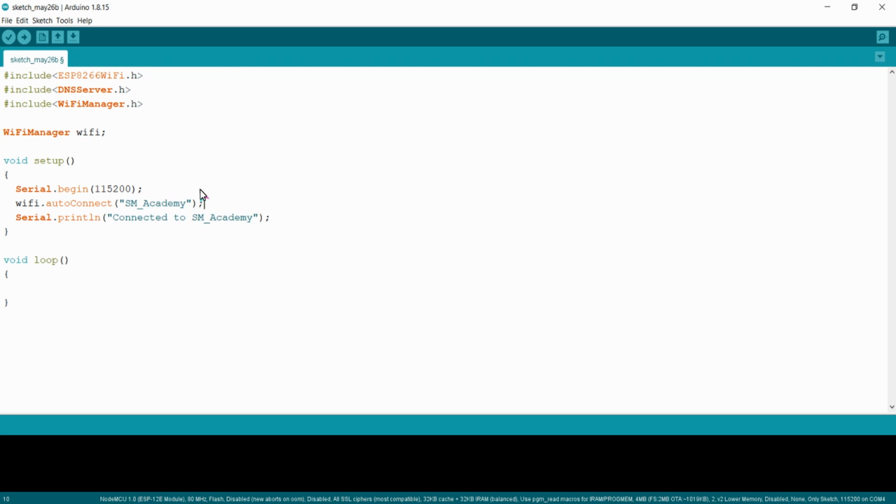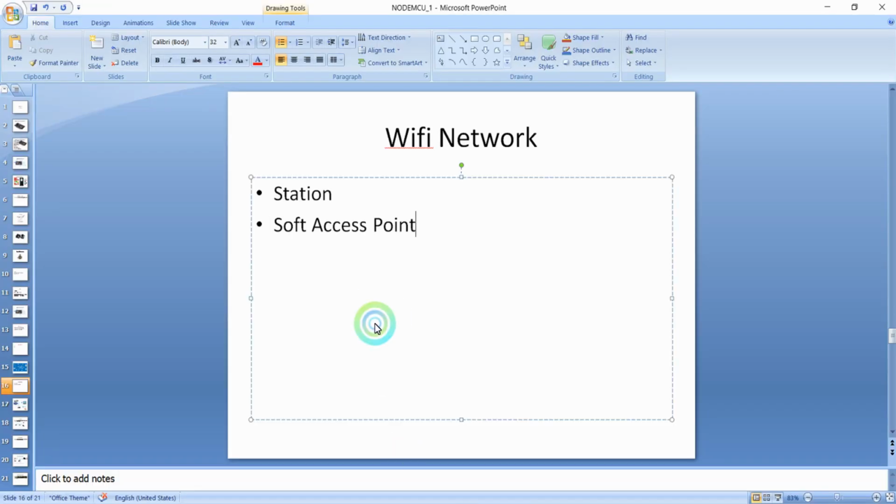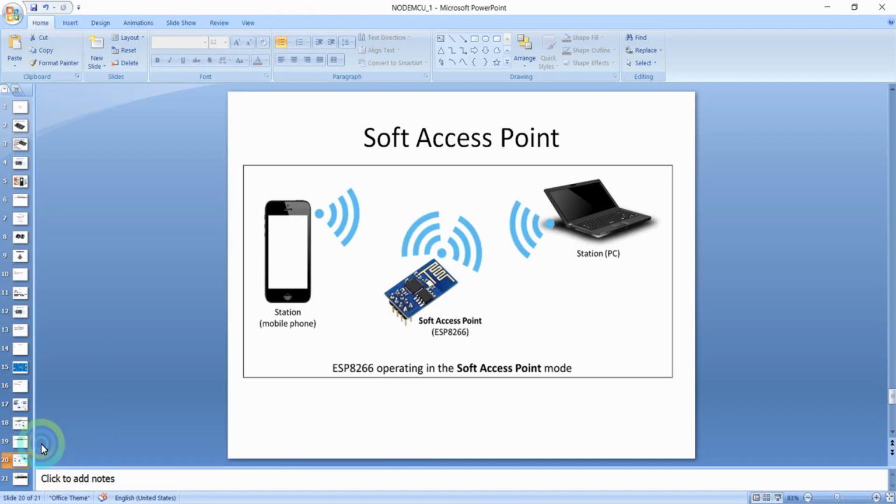Let's demonstrate that. As I said, this is the soft access point. Initially this ESP8266 NodeMCU will be configured in soft access point mode, and it will create a hotspot, and we will connect our mobile phone or laptop to that hotspot, and using the IP address we will provide the credentials required for connection between the NodeMCU and the required access point or Wi-Fi router.